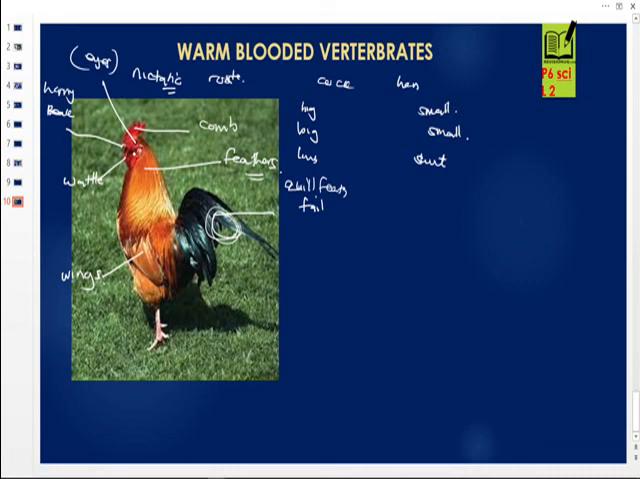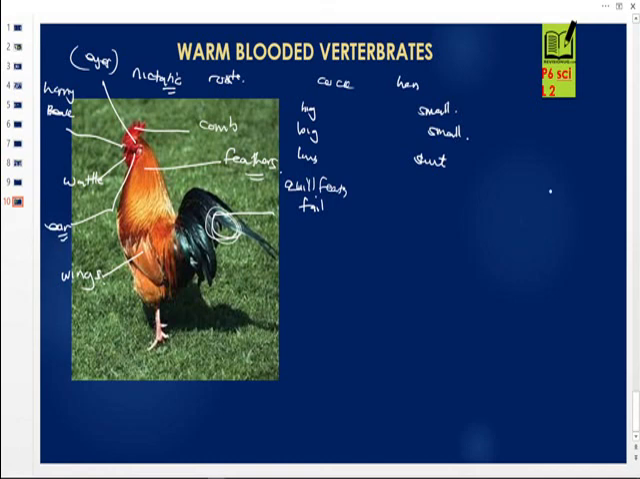Then here it has what we call the eardrum. For them, they don't have the pinna. We shall see the reason why they don't have the pinna. Actually, the reason why these birds don't have the pinna is to avoid a disturbance in airflow when they are flying. If the pinna, these earlobes, were there,